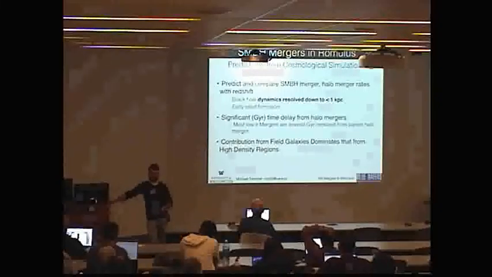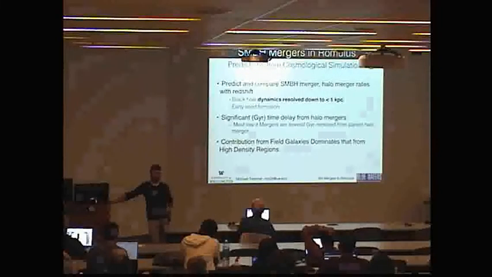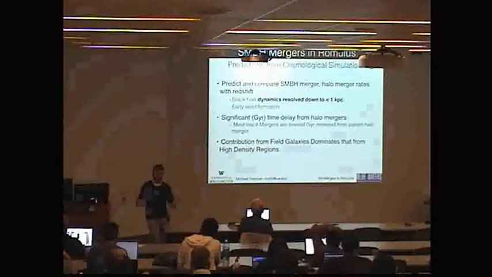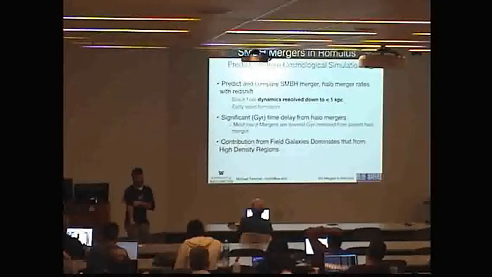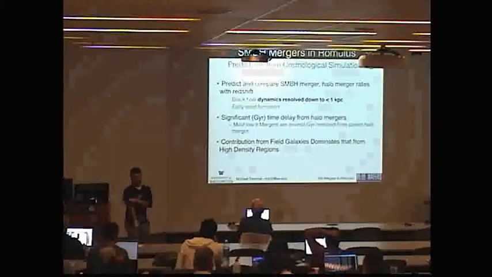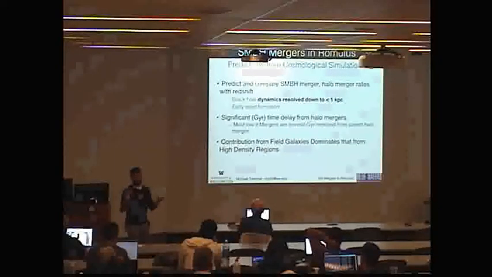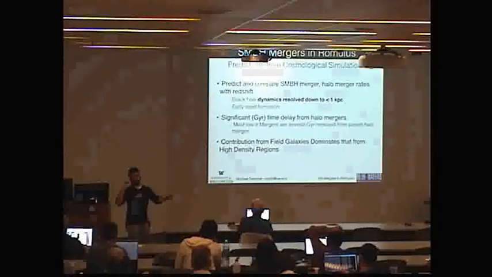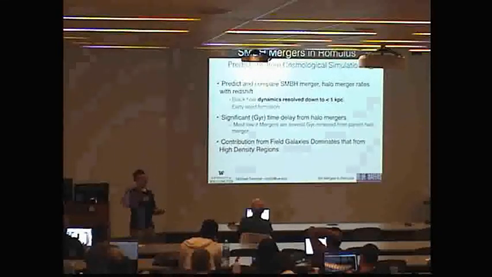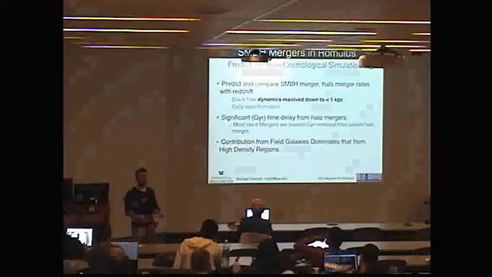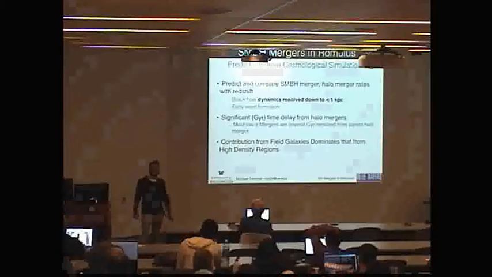I haven't looked at specifics other than mass, and the mass of the galaxy seems to be pretty much the same. You're just as likely. I do think that at lower redshift, the mass ratio of the galaxies is lower. I still have to do a little more work to be sure about that. But part of the reason why you see so many of these delayed events at low redshift is that when you have more massive galaxies that are more likely to go through minor mergers, one galaxy gets stripped and deposits the black hole on a much wider orbit that is more long-lived. But yeah, I'm still working out the details on that.